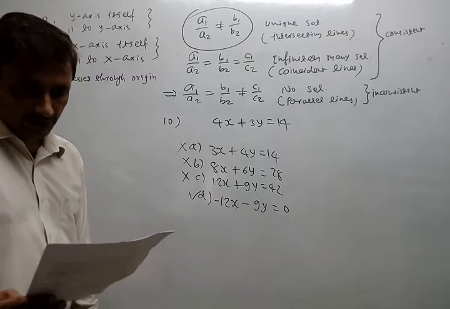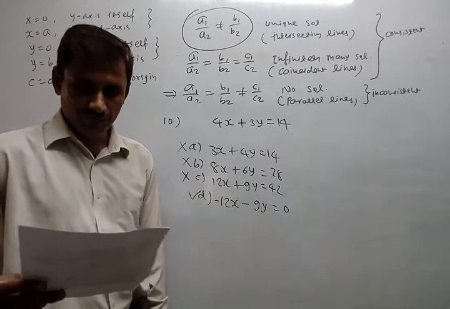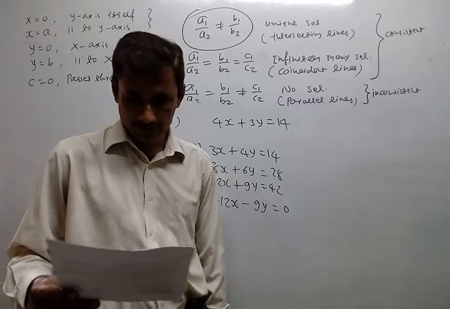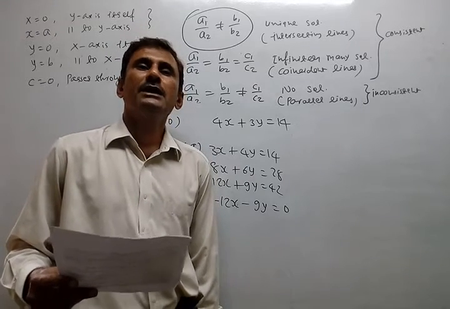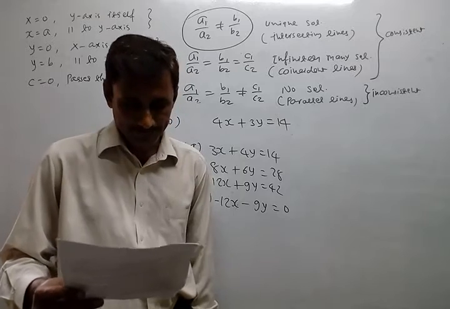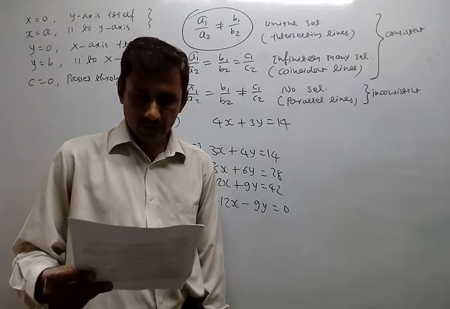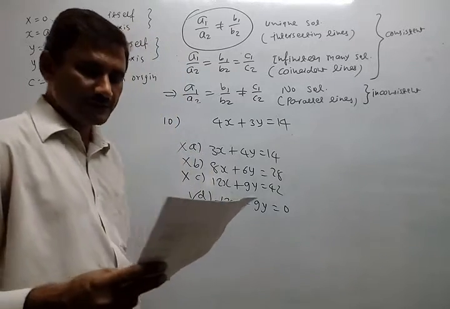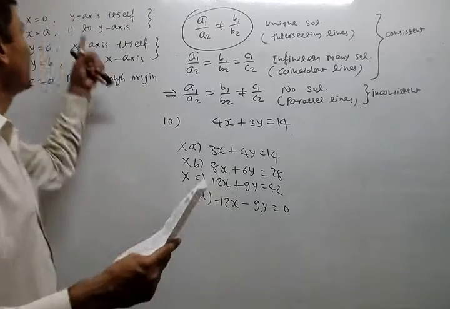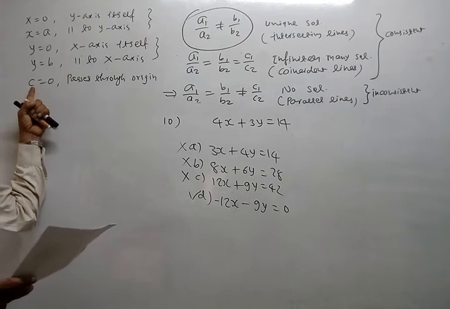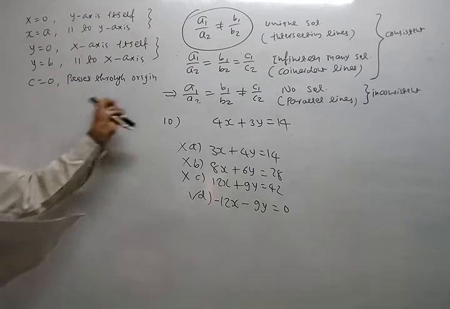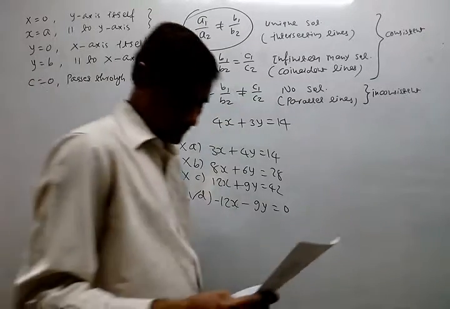Now look at number 13. I already gave it in homework, just like the first one. It is very simple. You just have to place the values of x and y in the equation and find the unknown. Number 14, 14 is also given in homework. C must be 0 there. Why? That line passes through the origin, so C must be 0. Okay, you should remember this one also and this one also.